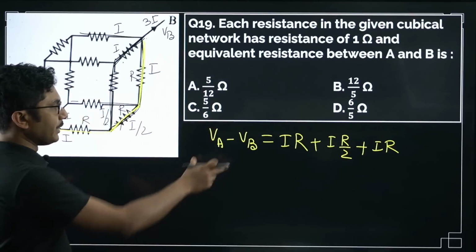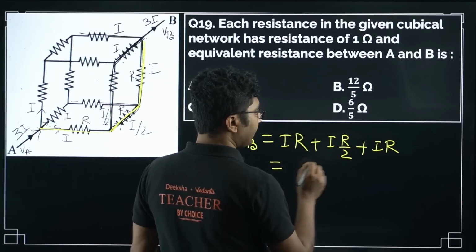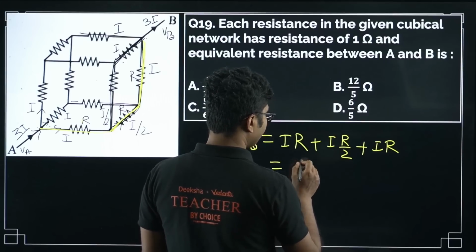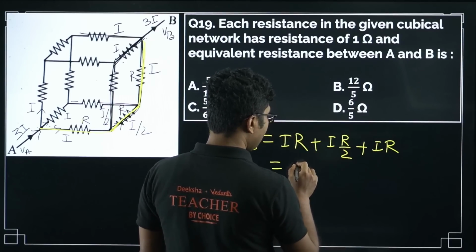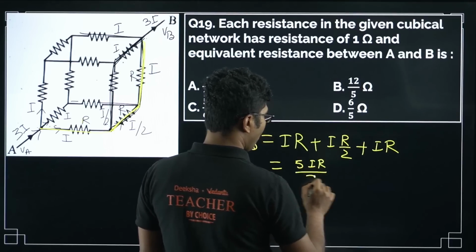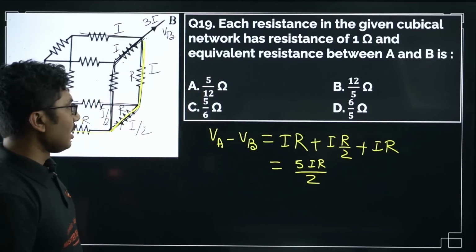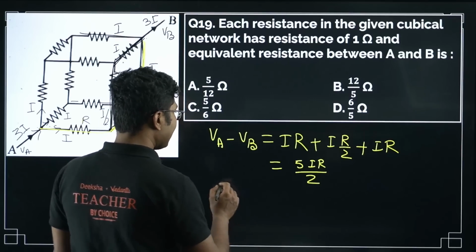Okay, so this should be equal to the potential difference applied, right? So from here we get, it will be IR plus 2IR, so it will be 5IR by 2, right? So this is the voltage difference. Now you have to find the current I. So I will be equal to